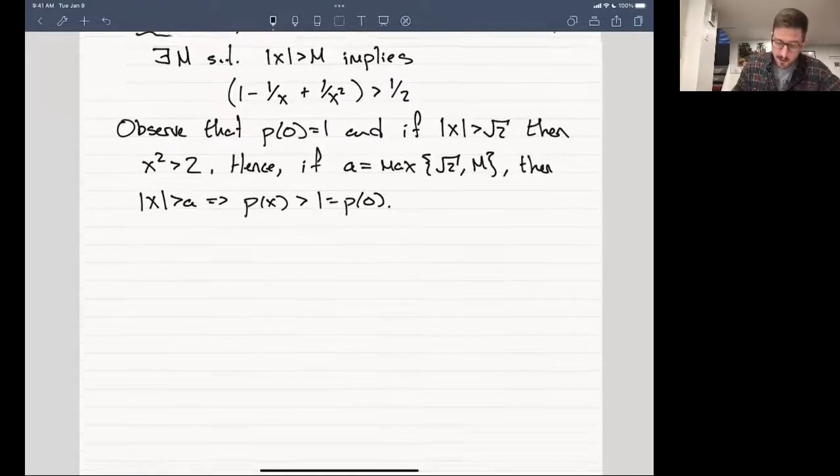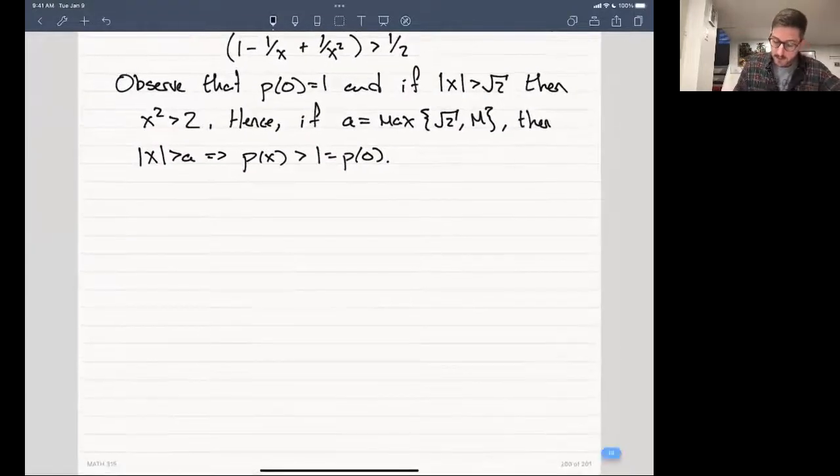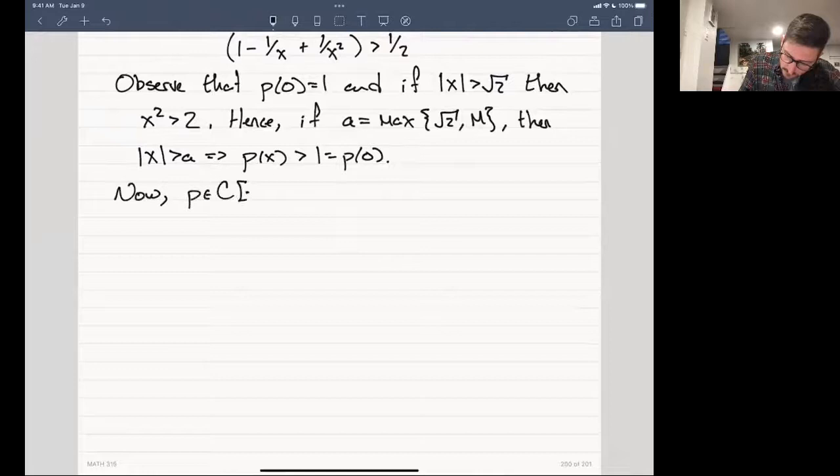Okay, so now that means that everything outside the interval is bigger than some point we've already identified. That means we can just restrict ourselves to the smaller interval, minus a to a. So now p belongs to the set of continuous functions from minus a to a, right? It's a polynomial. It's continuous on any domain that we give it. And so now we've got a closed interval. So now the extreme value theorem